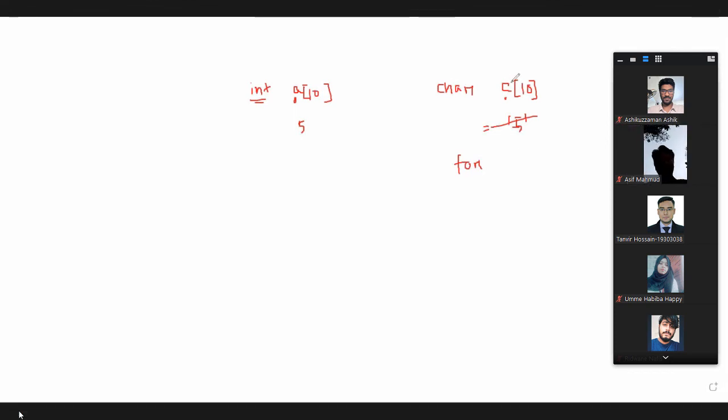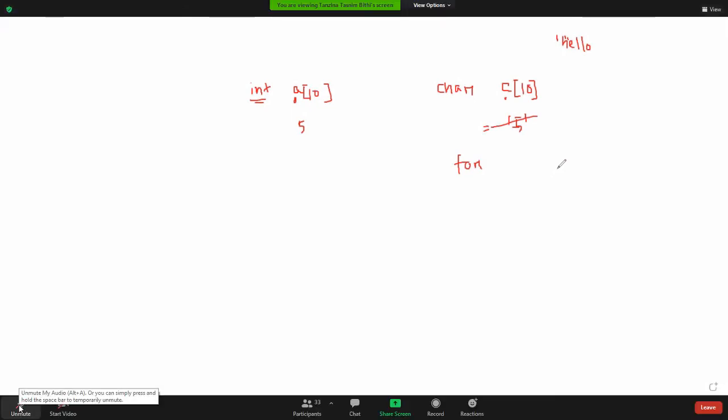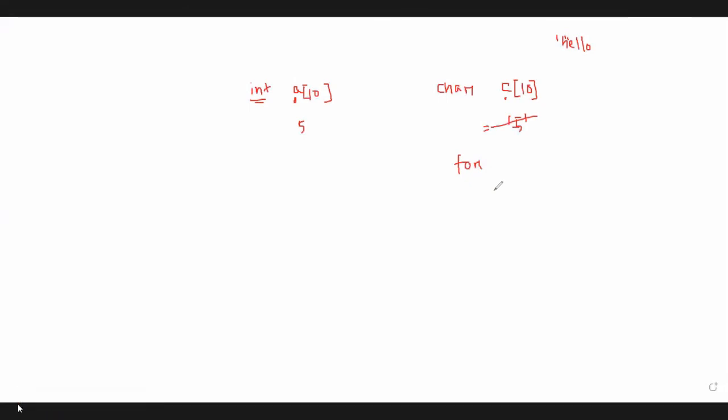Although the array size is 10, suppose we want to print just 5 characters, just hello. There are a total of 5 characters, right? So here we have to use the for loop. Without using the for loop, how can we print 5 characters? So here: for c equals 0, c less than 5, c plus plus, then printf with percentage c, and then we write the variable name c, isn't it?